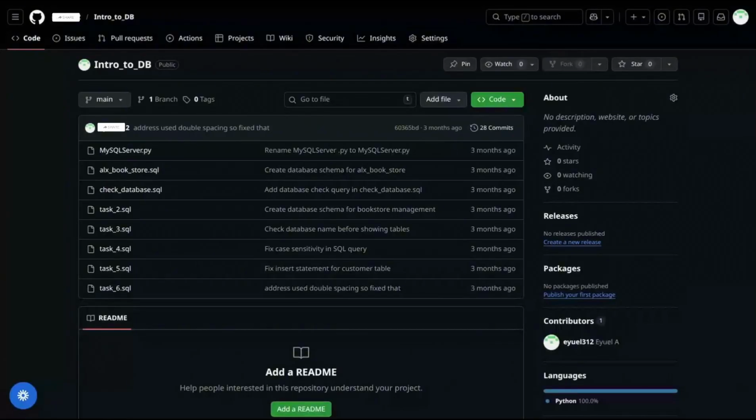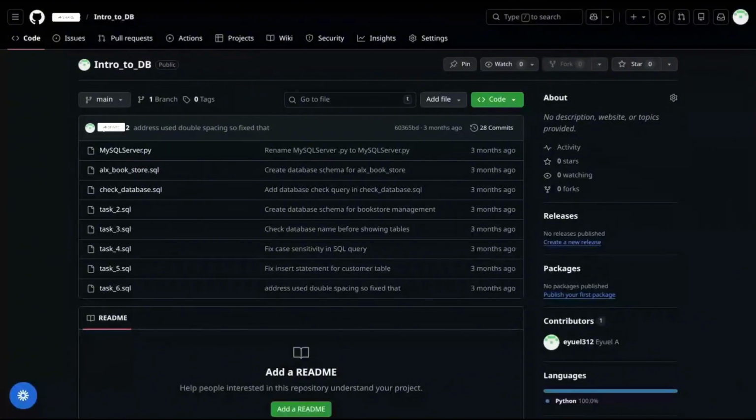In this video, I'm going to show you a step-by-step tutorial on how to add contributors on GitHub. If you're working on a project with a team, adding contributors on GitHub is essential for collaboration. It allows other people to access your repository, make changes, and contribute to your project efficiently. Whether you're building a small project or managing a team, GitHub makes it easy to control who can access and